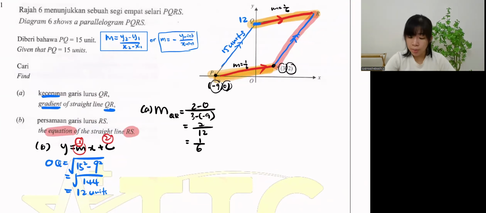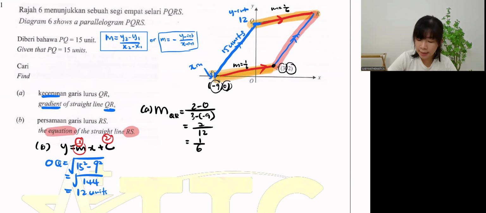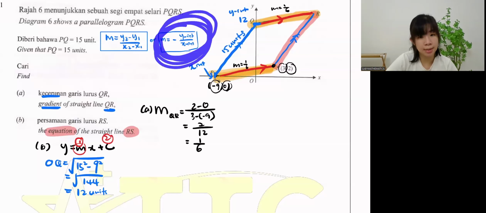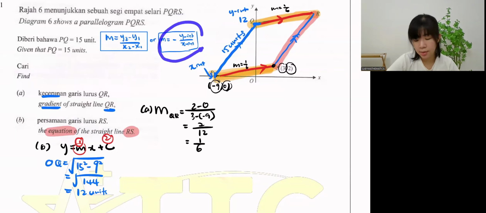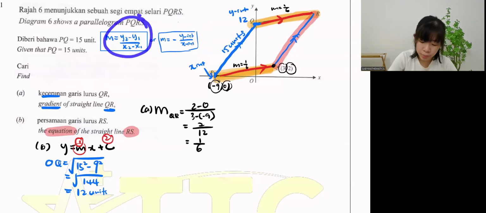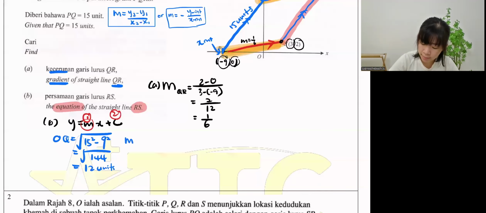Okay, look at this line. This line, Q touches the y-axis. This is called the y-intercept. Then P touches the x-axis. This -9 is also called the x-intercept. So we can use the second method to find gradient. When you have the y-intercept and x-intercept, you can find the gradient. If you want to use coordinates, also can. Okay, up to you. Let's try using m equal negative y-intercept